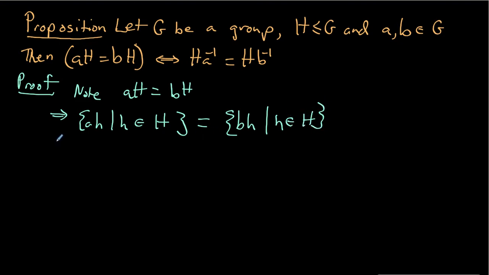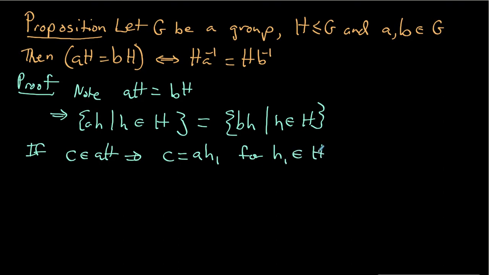Now, what this really means is the following. If we have an element C that lives inside AH, that says that C has to be equal to A times h something, and I'm going to call that something h1. So we have C is equal to A times h1 for h1 inside H. But this also implies,